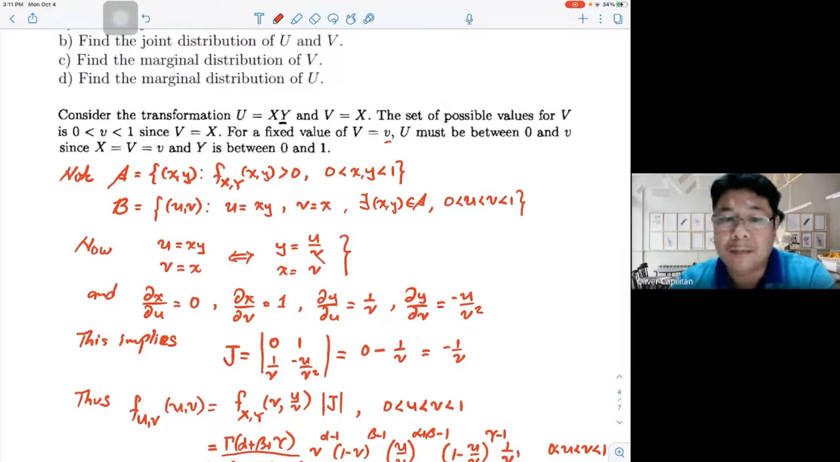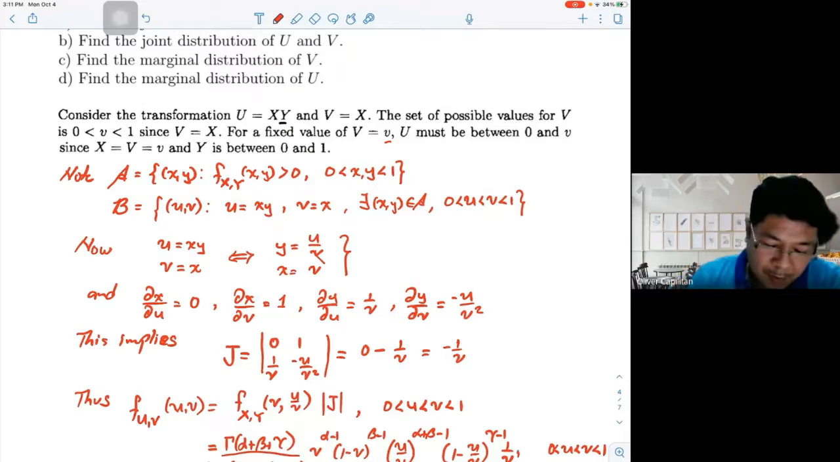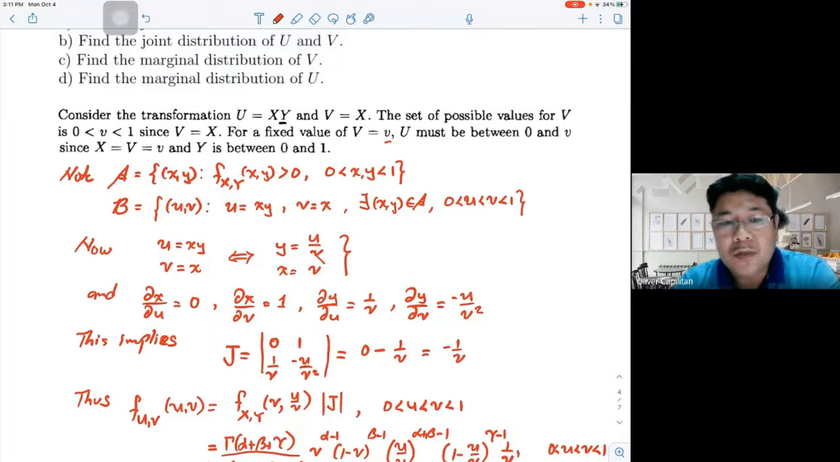That is for some ordered pair (x, y) in script A. And then we know that the value of u is greater than 0, but u is less than v, and then v is less than 1. So we have here our transformation: u is equal to xy, v is equal to x, if and only if